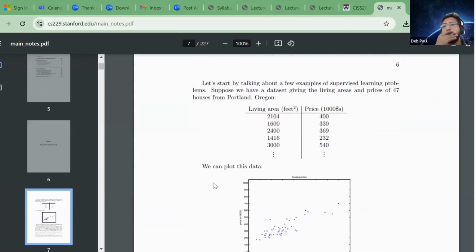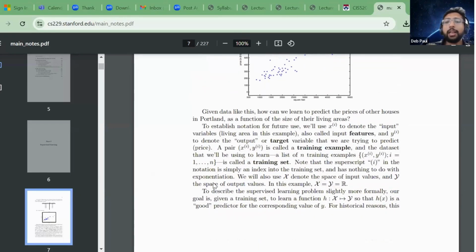So the setup here is very simple, right? We start with a very simple regression problem. I have only one feature, the living area, and from there I'm trying to predict the price. This is a plot of the data. In all of machine learning, we make the assumption that we have a pair: the training example is basically a pair where you have the feature and you have the label. In this case, we have only one feature, and it is a right setup to start with.